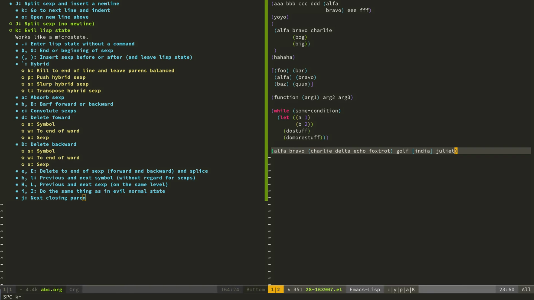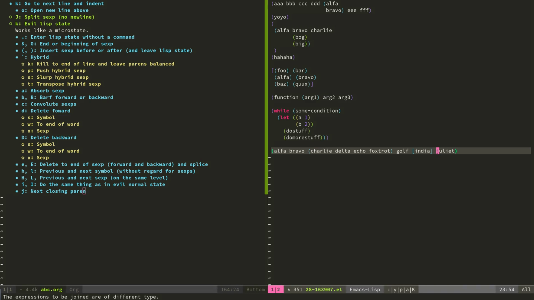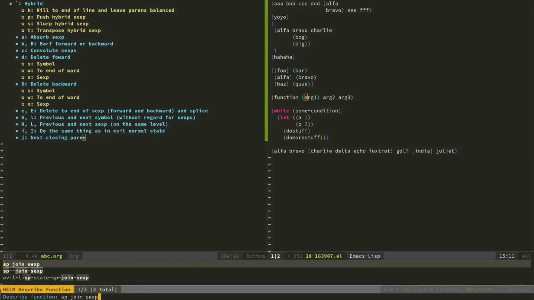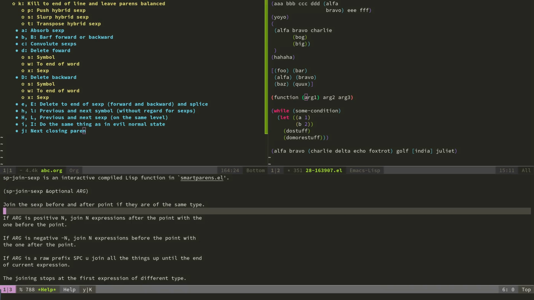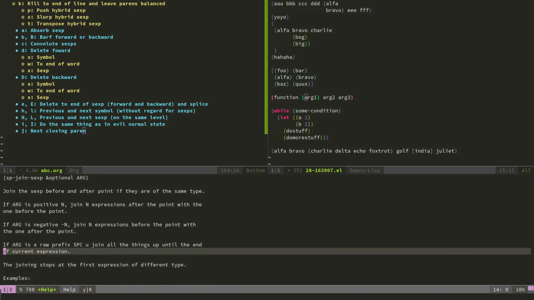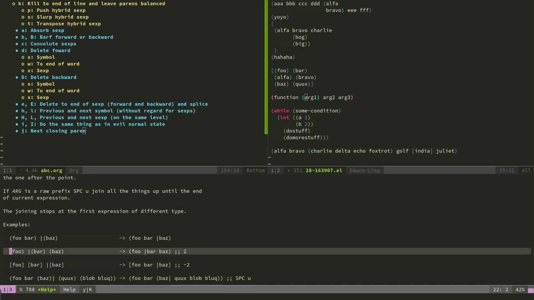Space K, capital J, join sexp. The expressions to be joined are of different type. Where can I get this to work? Okay, let me see what it does. Join sexp. Join the sexps before and after point if they are of the same type. Okay, so if they're both parents,